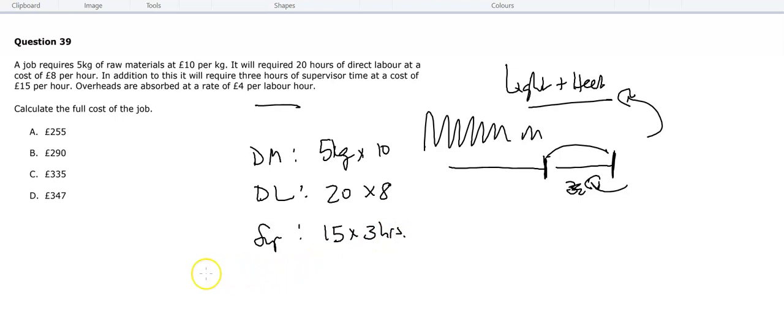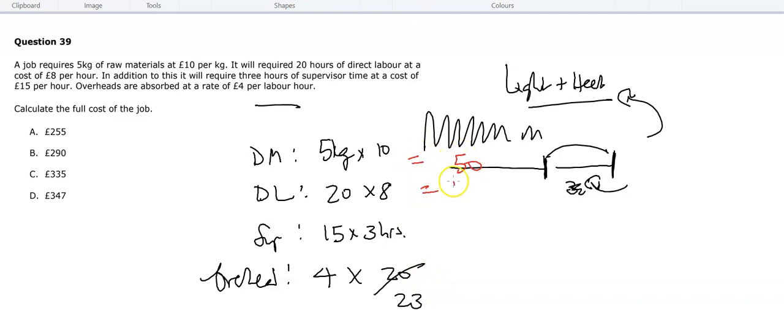But in terms of the overhead, this is where the small issue is. It tells us that we absorb it at a rate of £4 per labor hour. So supervisors is still labor. So it's £4, but times what? I initially, probably like you, went for 20, but they're telling us actually it isn't 20. It's actually 23 because overheads are spread over the labor hours. But this is a good question, if you like, which is why it's good to do these things for your